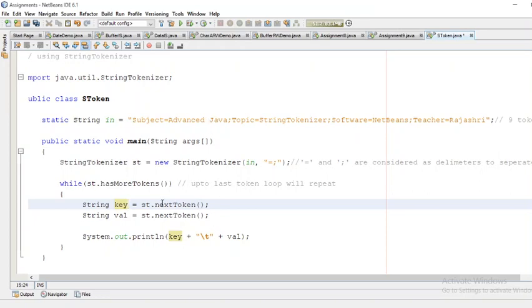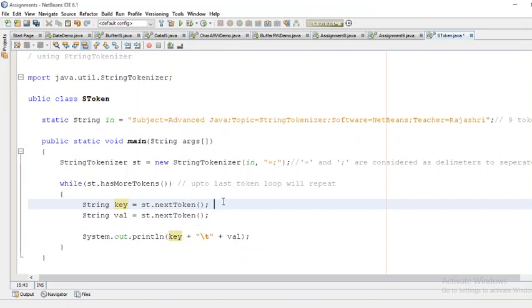So here two times it is written: key equals st.nextToken, that is my key, and string val equals st.nextToken, that is our value. We will handle this, and after that we are going to print key and val values separated by some space.